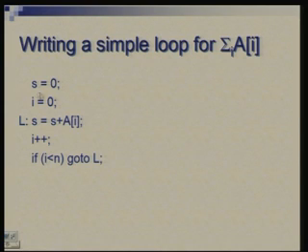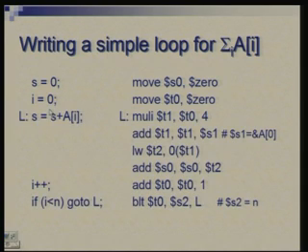We begin by initializing a variable which is going to hold the sum. Then there is an index, and this is the main body of the loop, where you take an element of the array and sum it, update the index and perform loop termination check and go back. So, L is the beginning of the loop and this is the body of the loop. So, this is a header or prefix of the loop. Now, how we do this in assembly is what is of interest today.